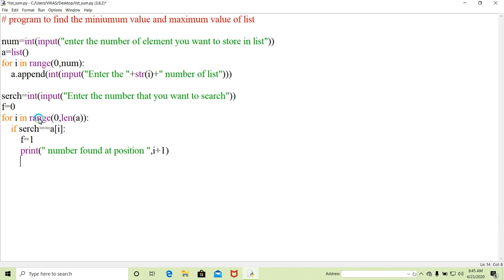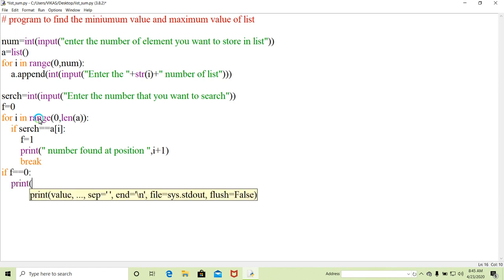Clear? And then we have to break, and here we'll see if the value of flag is still 0, so we'll give the message: sorry, number not present in the list.